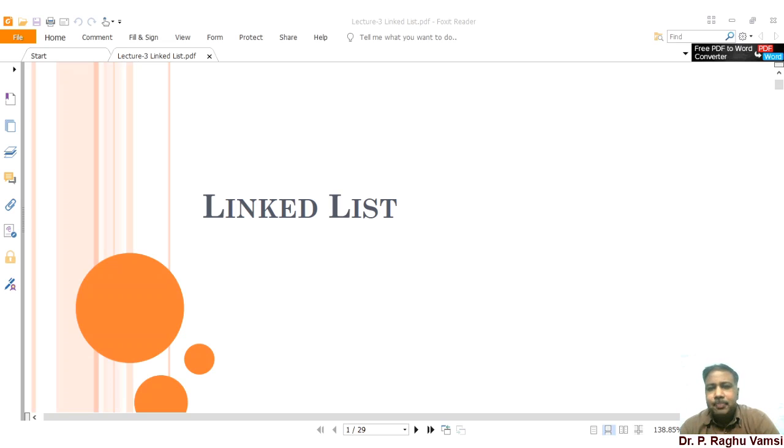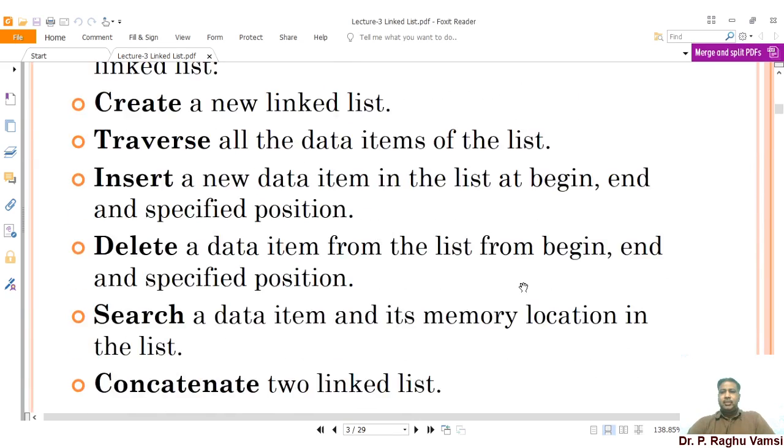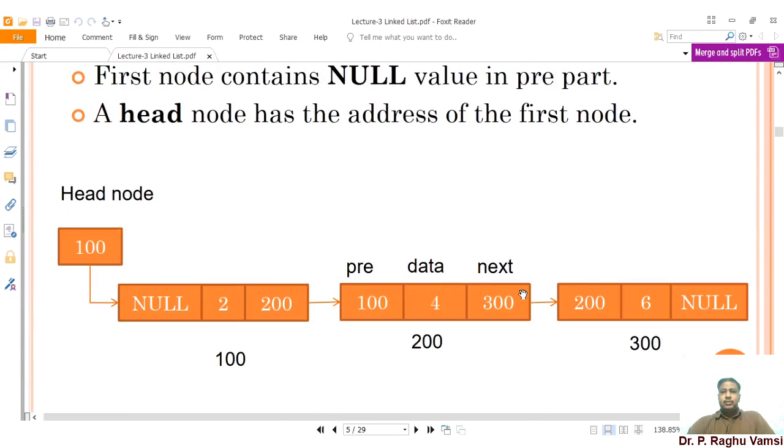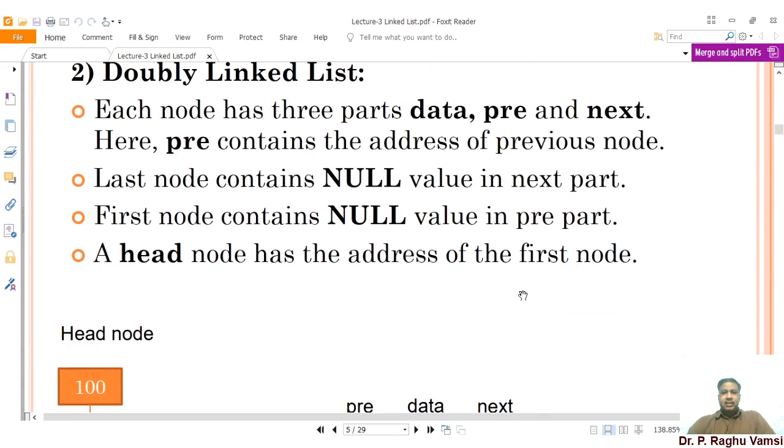That is the reason it is very important to understand the working procedure first. So now I will go through each and every operation in detail, and parallelly I will also present the code.